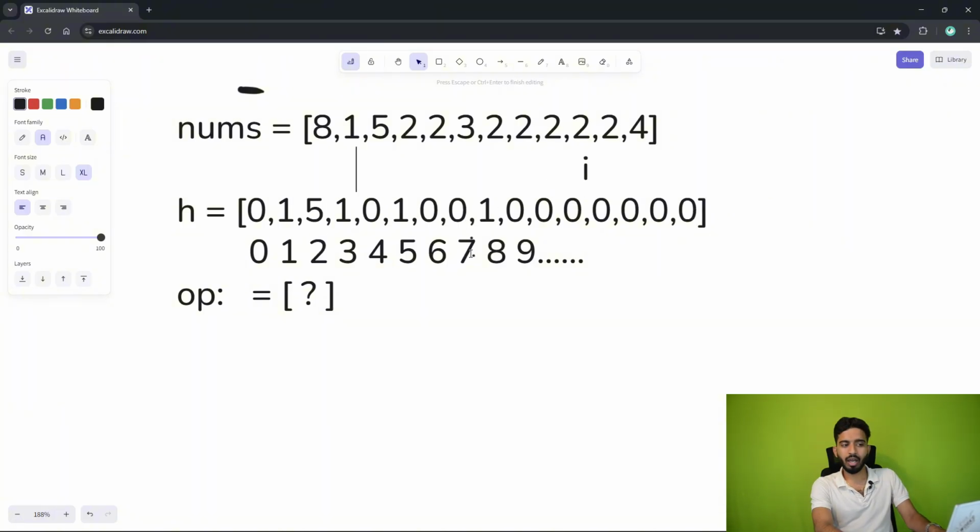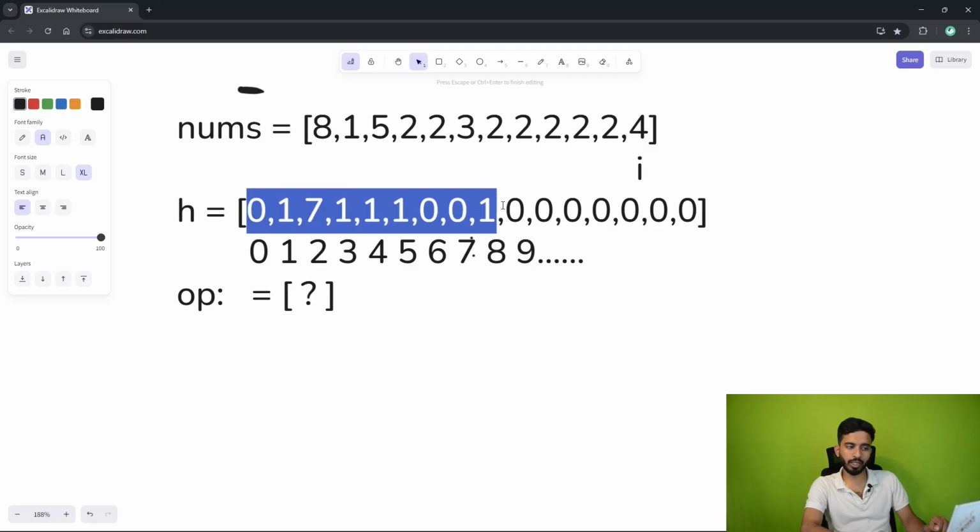Again, at the 2nd index, I'll make it 5. Again, 2nd index, I'll make it 6. Again, 2nd index, I'll make it 7. And now I'll go to the 4th index and make it 1. Fine. Now, if you observe this hash array, you can understand that it consists of the frequency of each